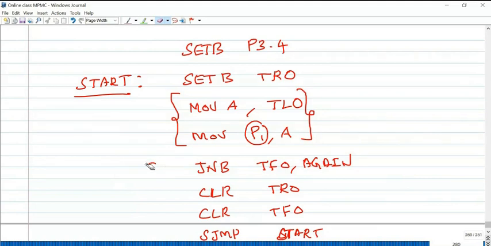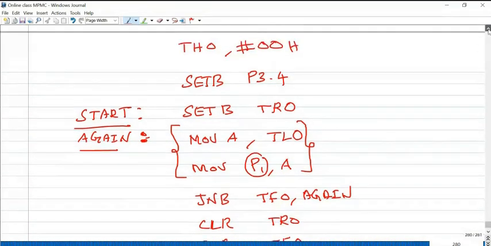It's not again here, that will come here. Just a colon only. So this program we wrote in the morning class. What is this?